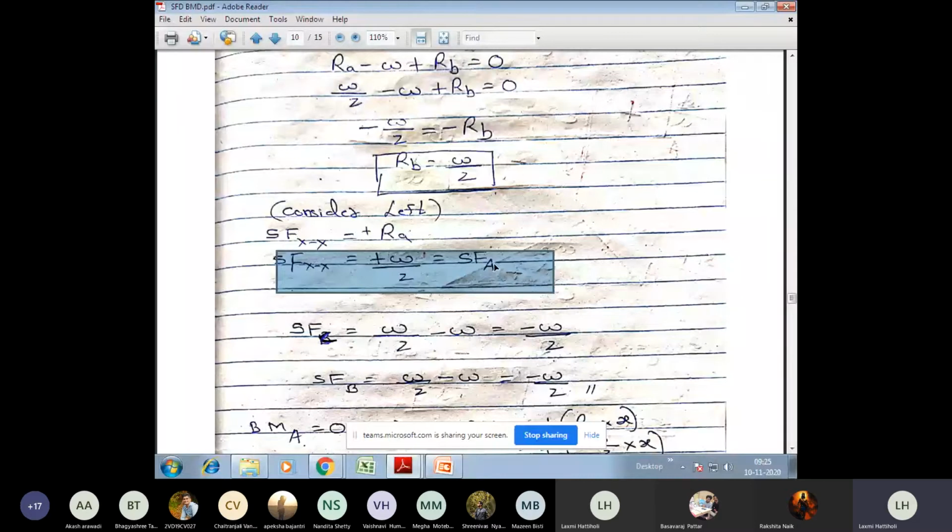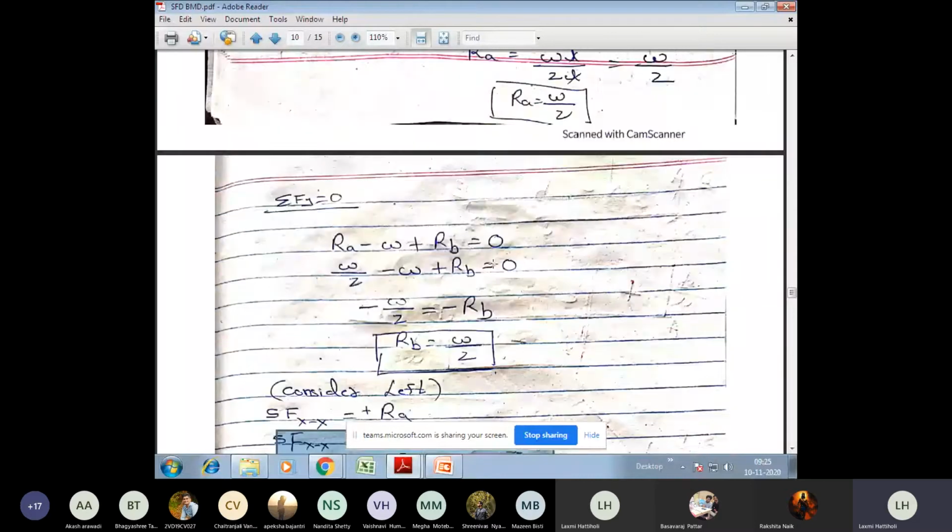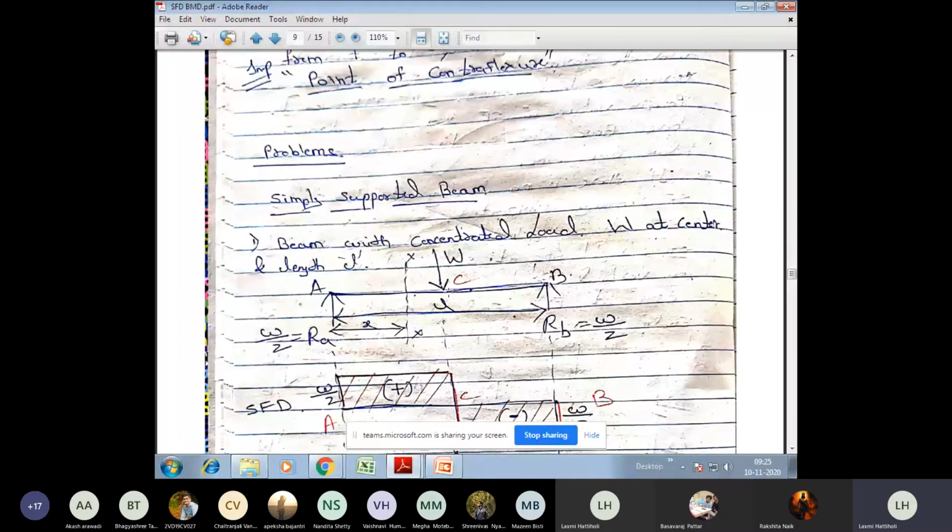Okay. Next thing, to calculate shear force at C, what you need to do is take a section XX here. Now refer to the left side. How many forces do you have to the left side? If I take a section here, you can take x1, x1 and x2, x2. Imagine the sections in your mind itself. So now I have taken a section here.